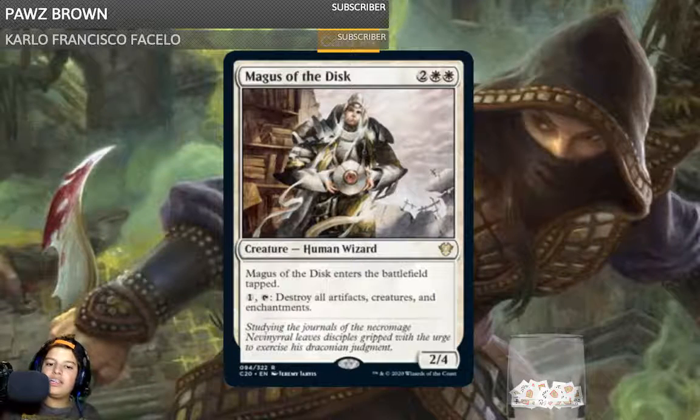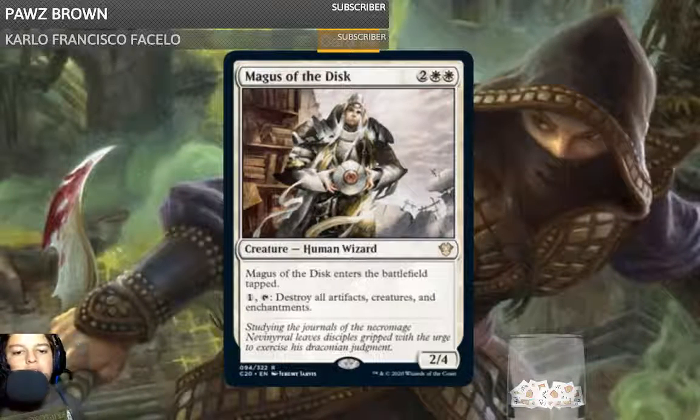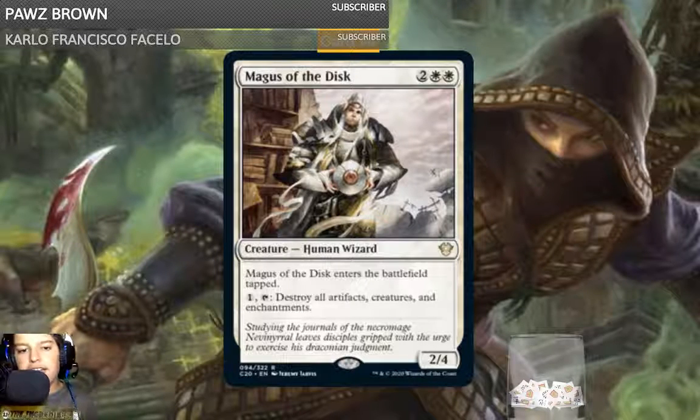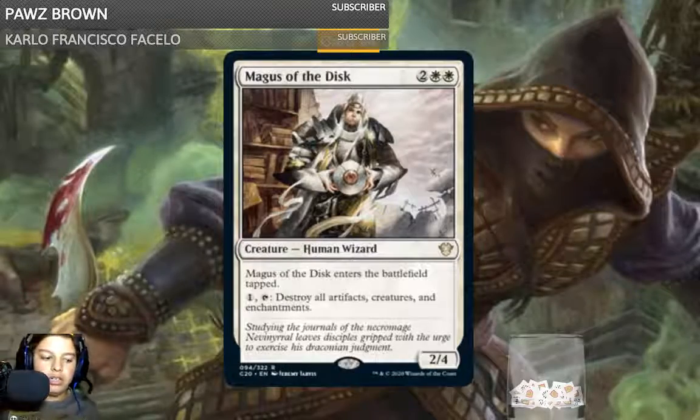Yeah, that's why I like it. It's based on Nevinyrral's Disc, which is an artifact that does the same thing. But since it's a creature I put in the podcast, let's just go into our number 3. And it is